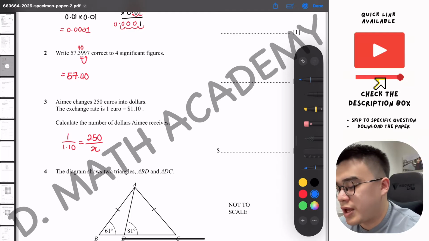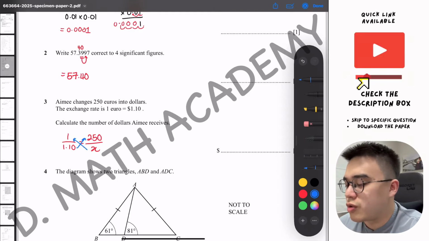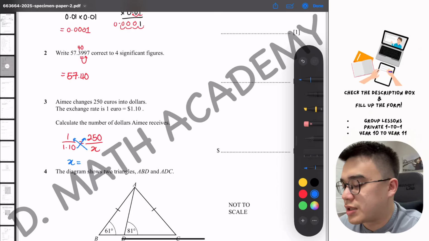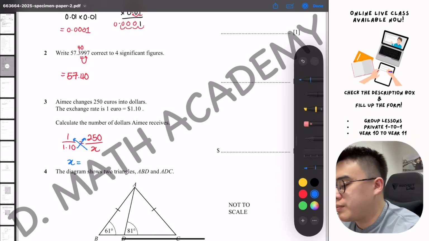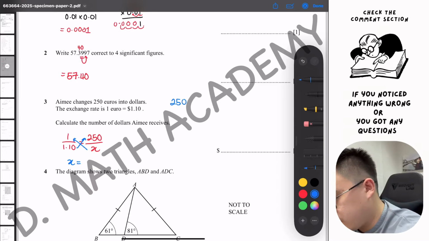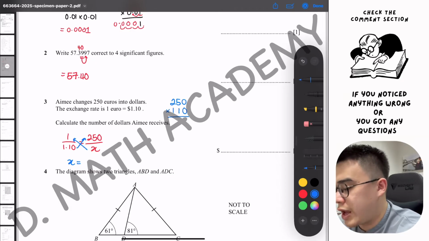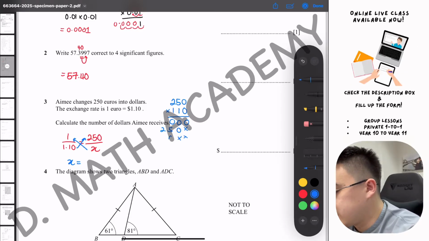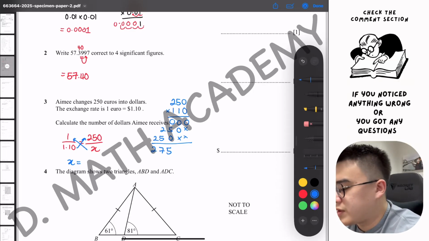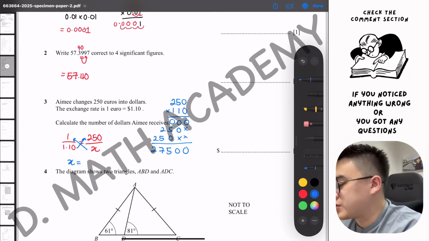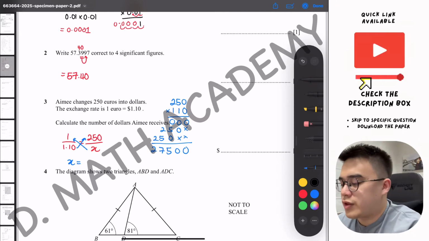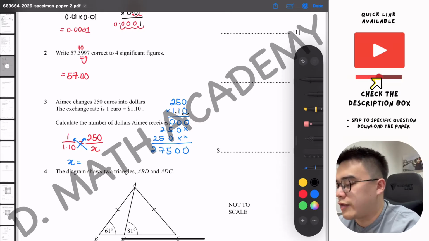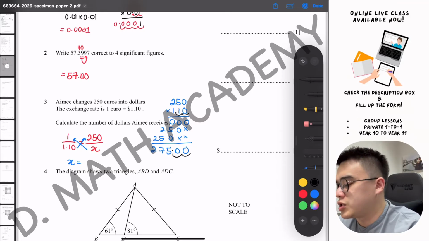Okay, for those students that are pretty advanced, feel free to use your own method and skip through this process here. So 250 times 1.10. Okay, we're going to go through everything manually. 2, skip, 052, making the answer 27500. And again, this is not the final answer because we have a dot at the 1 here. So I have to shift it twice, making the answer